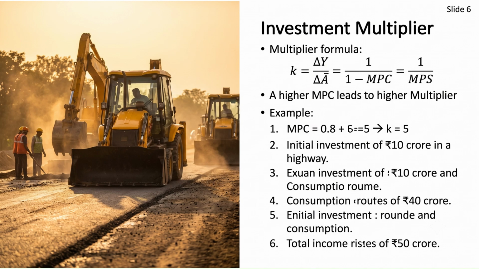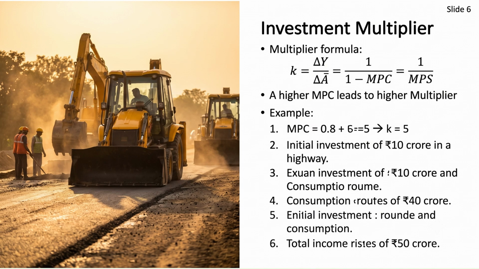Let's trace this ripple effect in real life. Focus on the example and it will be pretty clear to you. Suppose the central government launches a new national highway project with an initial expenditure of say 10 crores. Round 1. Construction workers, engineers, steel suppliers earn that 10 crore as direct new income. Round 2. With a marginal propensity to consume of 0.8, as we are assuming, they spend 80% of their earned income. So around 8 crore rupees on local food, clothes, school fees, mobile, fuel and so on and so forth.